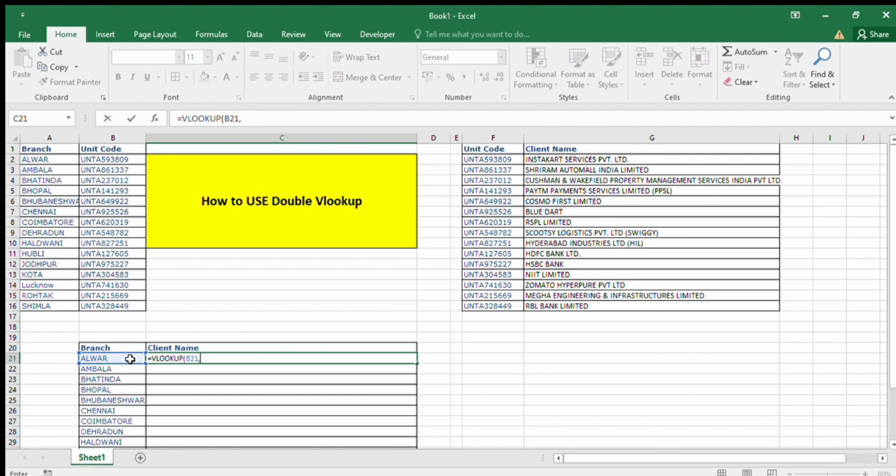First we select VLOOKUP and select the branch name, then select the unit code and give range column 2 and close the bracket. Then we select the second sheet, which has unit code and client name. After that we select range column 2, then close the bracket, and